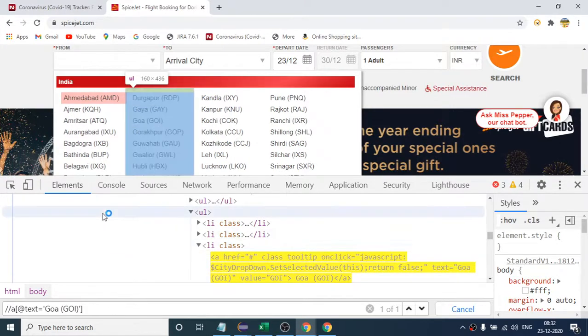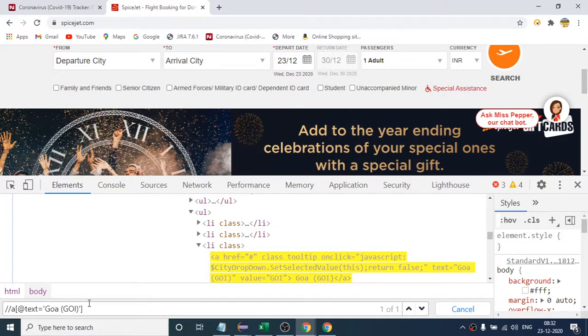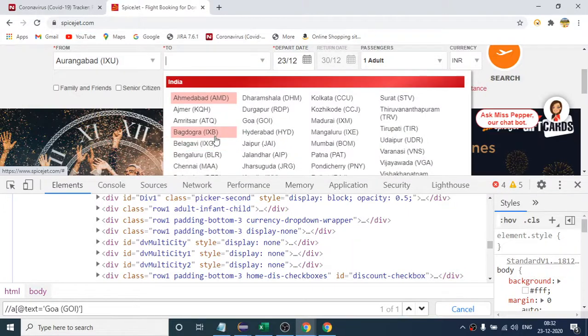But if I minimize this, even then this data will still be present. This data will now not disappear. Even if I close this and click it again and hit enter, this data is loaded and it will be present. Now suppose I select Aurangabad, this will load, so Goa will again be present here, and if I hit enter,